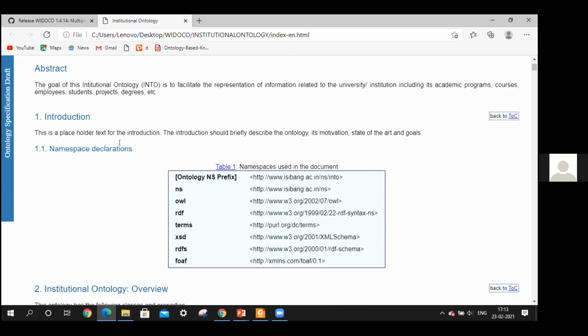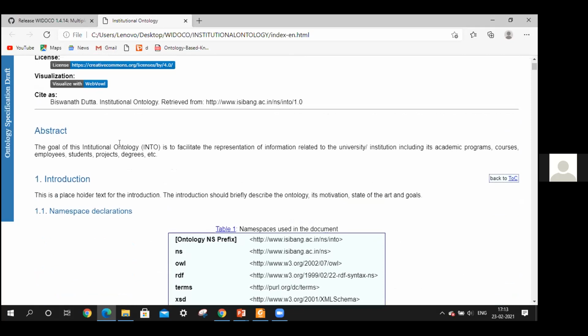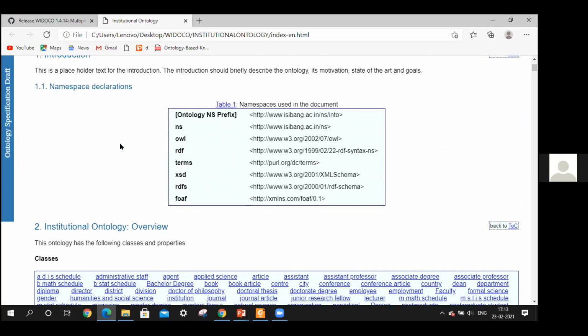Yeah. And then another thing that it does, you see in that introduction section, these prefixes. So in your ontology document, you have probably used multiple ontologies. Go a little down, Devanjali. Yeah, here. Stop here. So here are the namespaces used in the document. You see that multiple namespaces are listed. These are the namespaces of the different ontologies and other vocabularies that we have used, which are acknowledged or listed here, so that from here we get to know which other ontologies we have used.